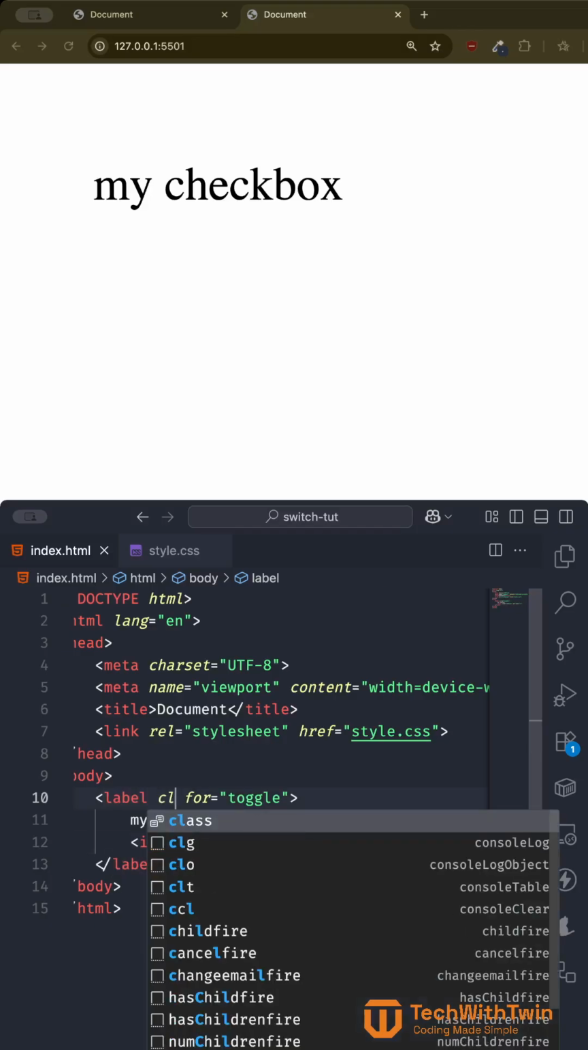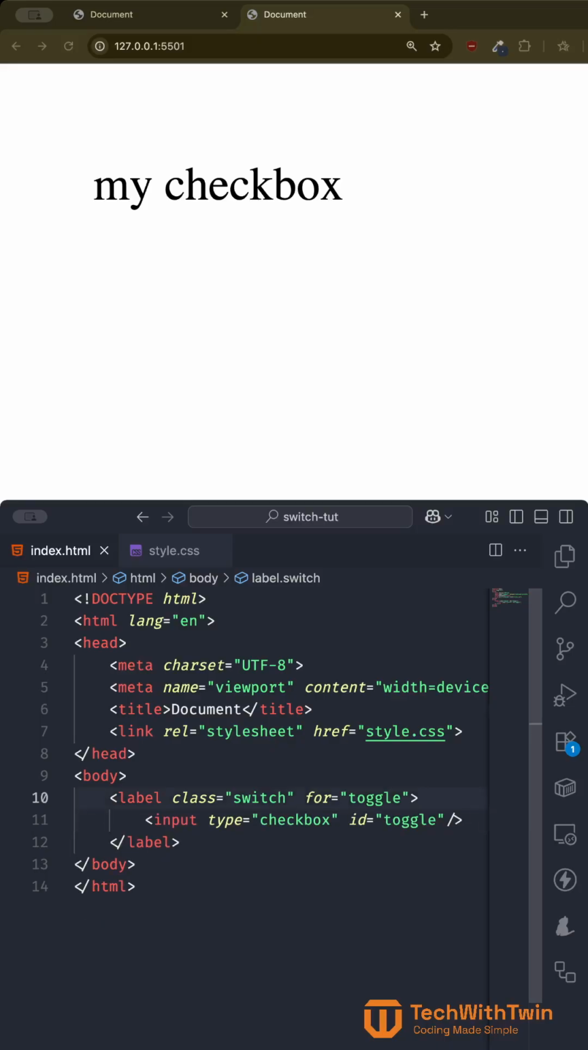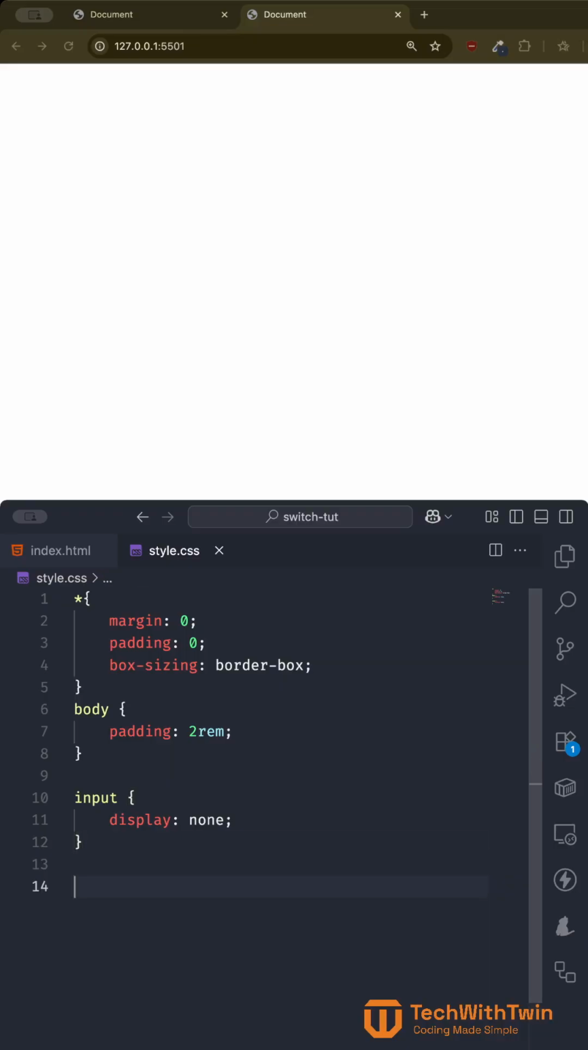Let's give it a class of maybe switch. So this is what I want to do. We don't even need the labels. The main reason we are using the label is that we want to style this label. So let's first style the label first. So I'm going to write the dot switch, and then here